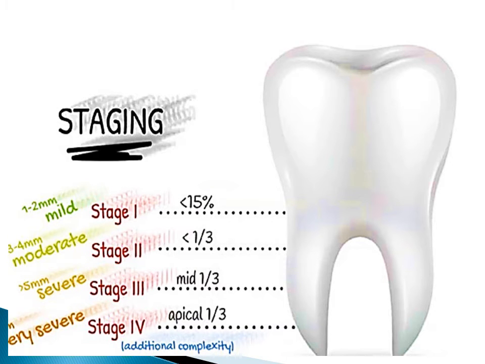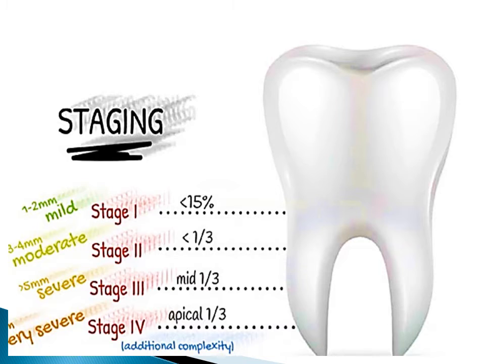And you may ask me, what does staging mean? Stage 1 periodontitis, considered a borderline between gingivitis and periodontitis, also called mild periodontitis. The severity of this stage is associated with clinical attachment loss of about 1 to 2 mm and radiographic bone loss less than 15% in the coronal third of the affected tooth, while stage 2 represents moderate periodontitis and